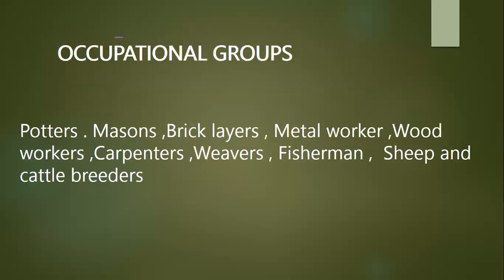Now the next topic which we will discuss is occupational groups, a very small topic in your book. It can be asked as a short question as well as a long question, so you have to write all. Occupational means profession, job, work. Now we will discuss how the early societies grew along racial and regional lines and later acquired religious orientation, beliefs, vocations, main occupation, and calling.